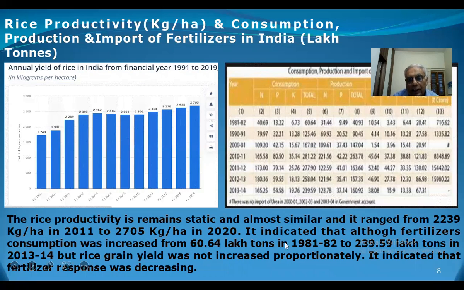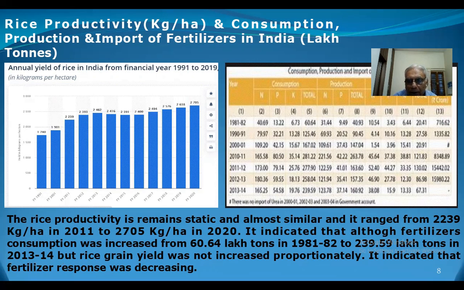It indicates that although fertilizer consumption increased from 60.64 lakh tons in 1981-82,